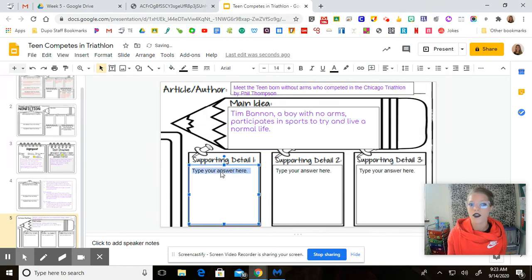Okay, now we need to have 3 supporting details that prove that he tries to do these things to live a normal life. Now, if your topic was something different, like Tim Bannon loves football, your supporting details better all talk about football in some aspect. So you can't just throw down 3 things from the article. It has to make sense to your main idea. That helps support and prove your point. So you're usually pulling direct quotes from the article